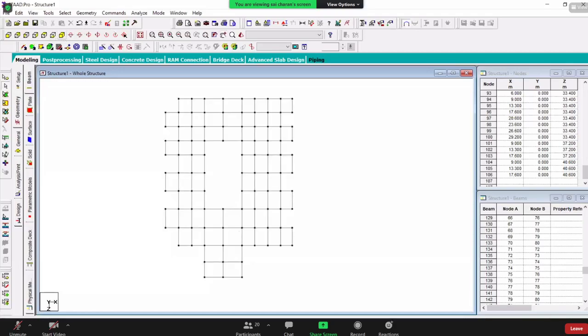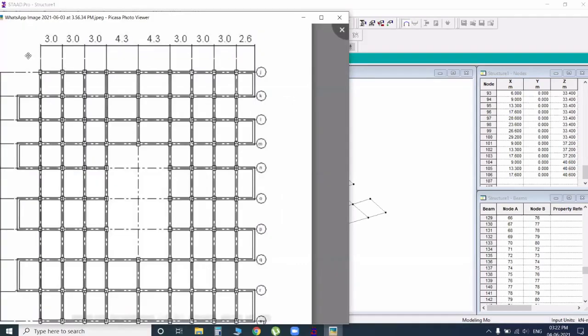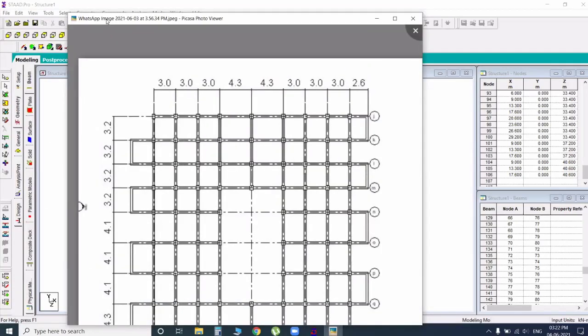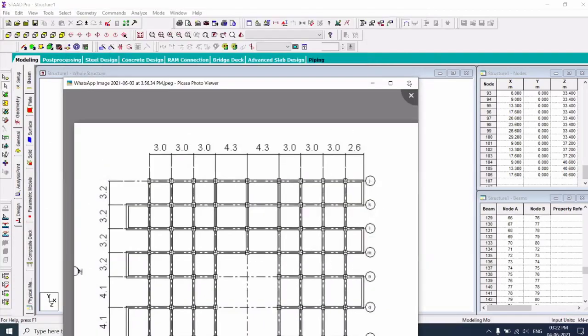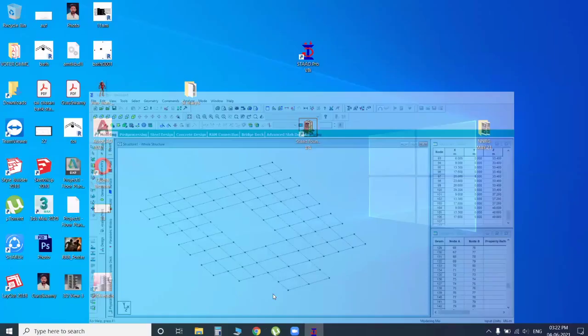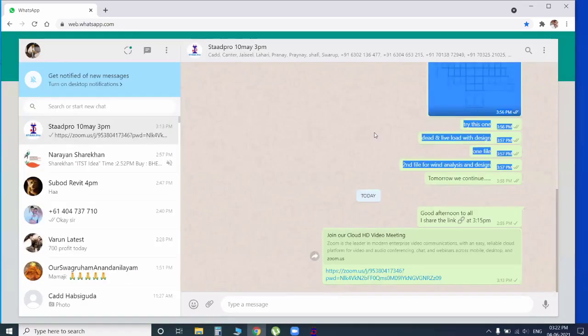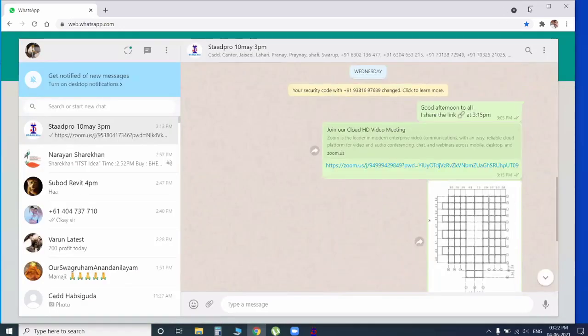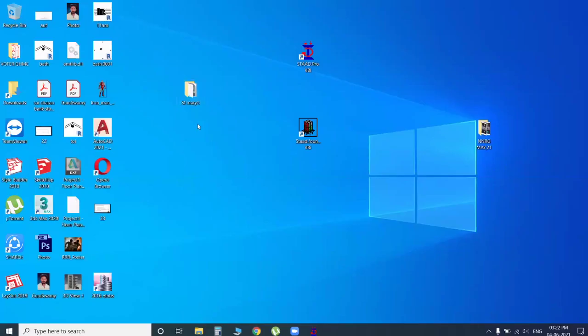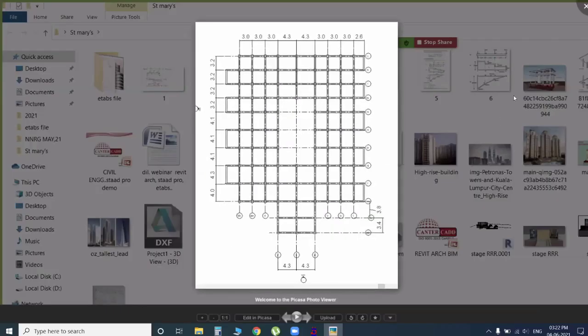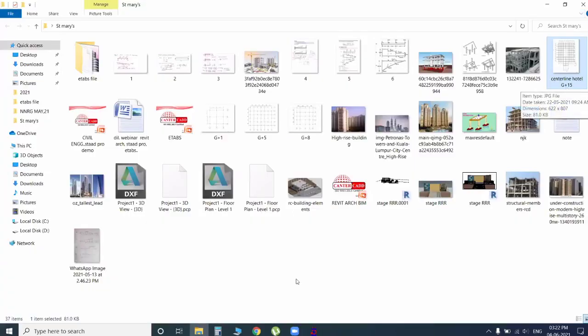Now how many floors is it? Here there are no floors. Where is our drawing? G plus 15. It is G plus 15.